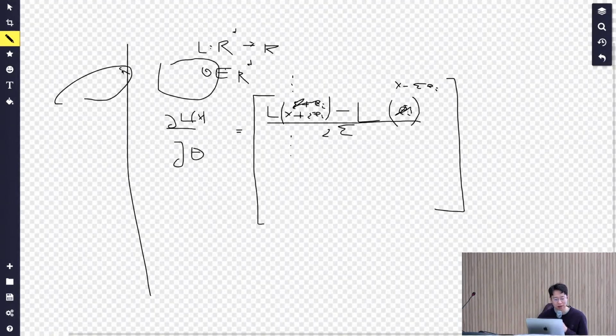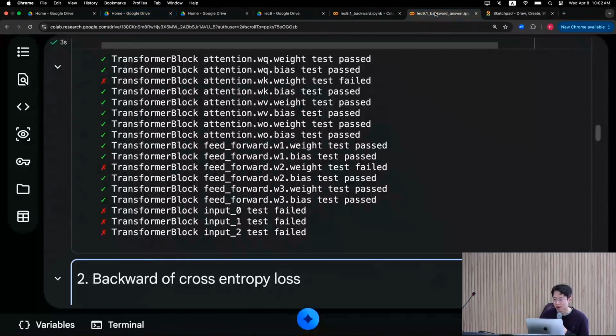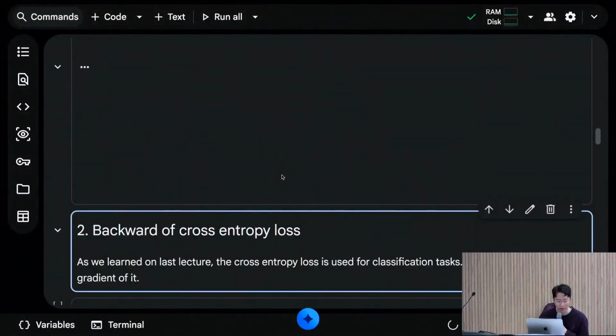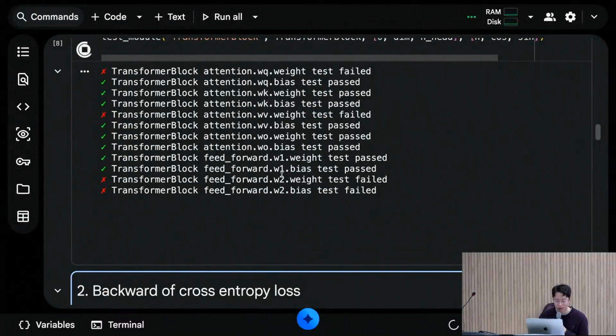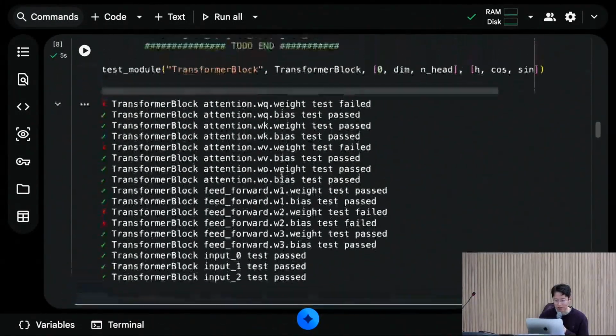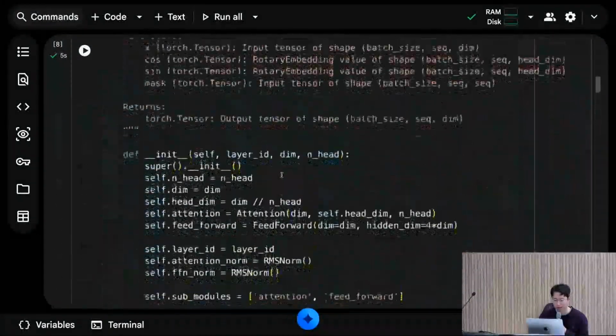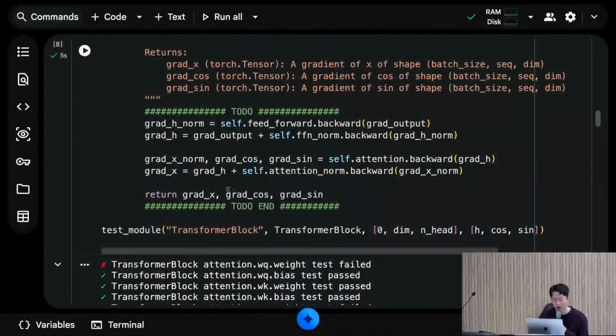And if the L2 norm difference between these two is less than some tolerance, we output a green check. And sometimes it's not happy. Sometimes it will pass our test. Okay, anyways,